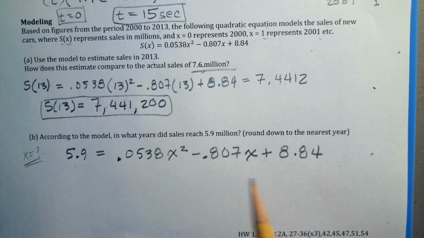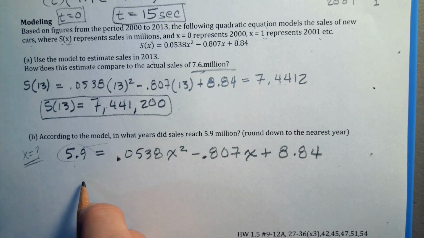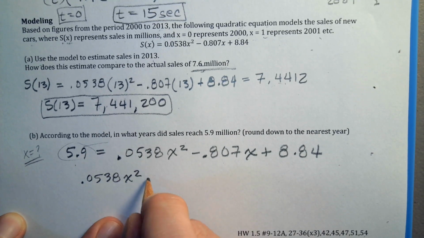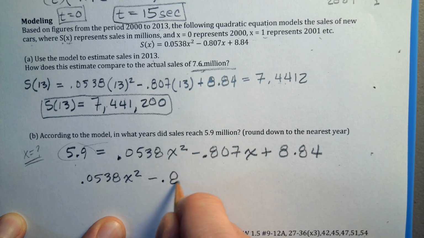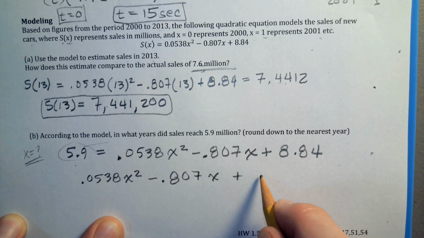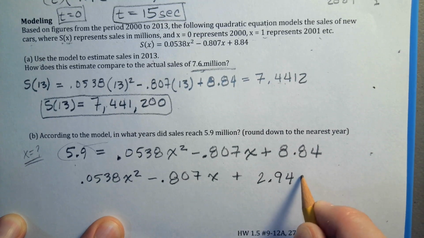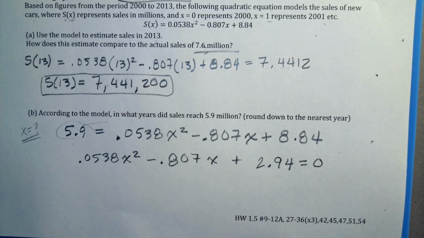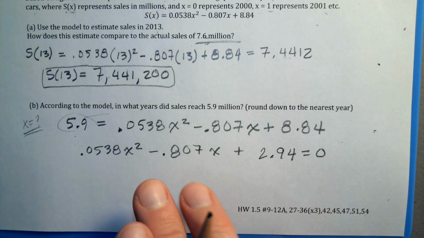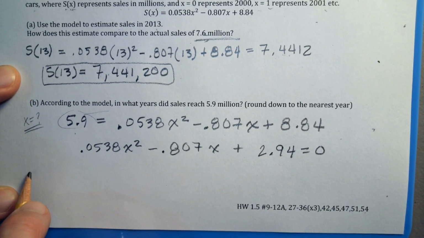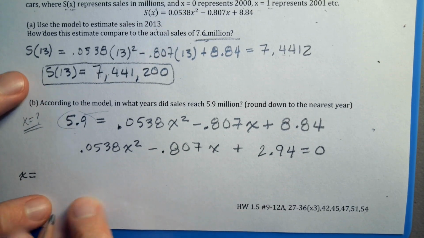Well, let's see, let's take this over to the other side. So we get 0.0538 x squared minus 0.807 x plus, we move this to the other side, that gives us 2.94 equals 0. All right, so we need to solve this quadratic equation. You could multiply through by 10,000 to get all the decimals out, but I think probably just plugging all the A, the B, the C into the quadratic formula would work best here. So x is equal to